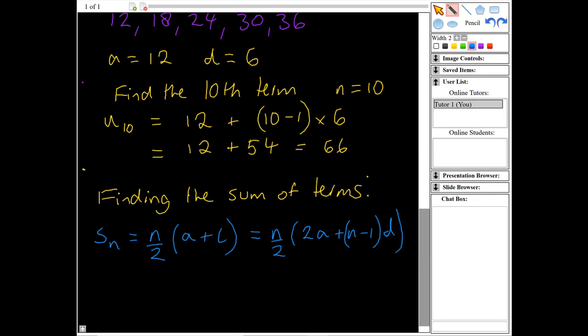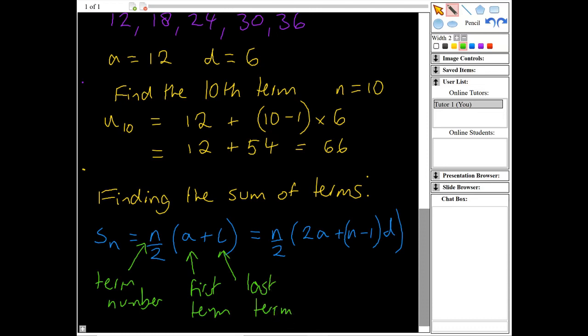Now in this case, the symbols are similar, so n is still the number of terms. A is still the first term. L this time is the last term. Okay, now what has happened here to actually get from the first equation, this one here, to the second equation, this one here,